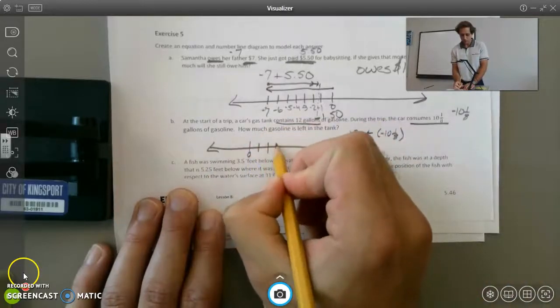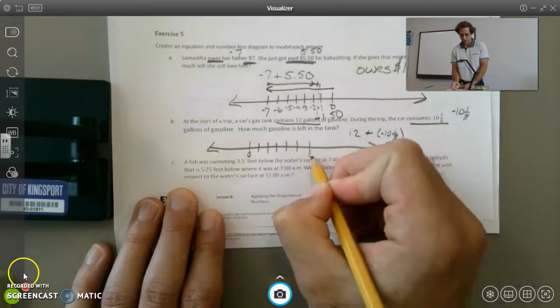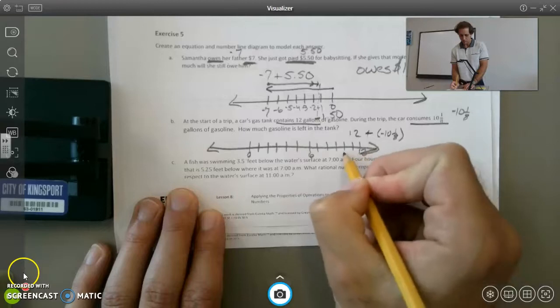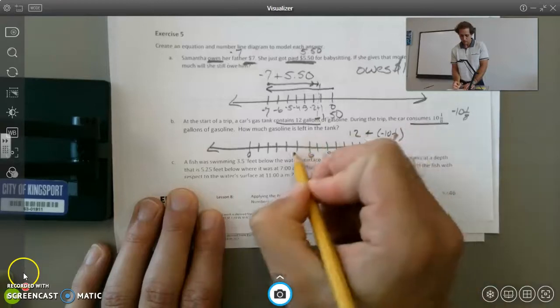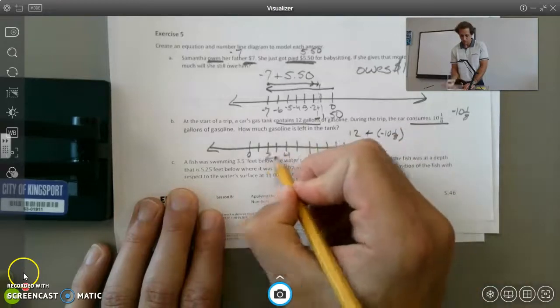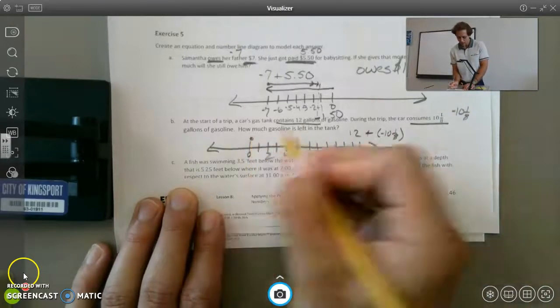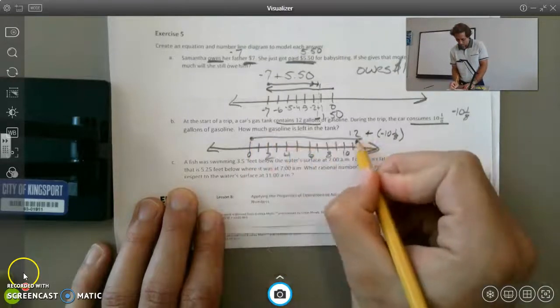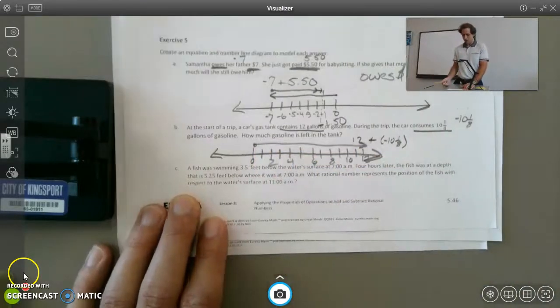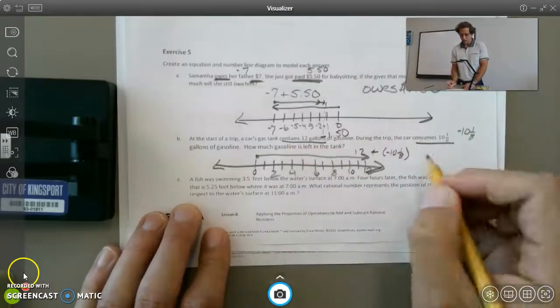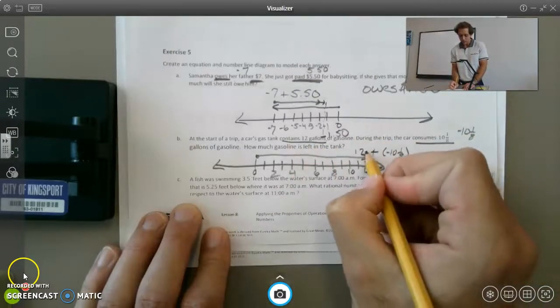Put 0 here. 1, 2, 3, 4, 5, 6, 7, 8, 9, 10, 11, 12. Okay. If I go 12 to the right, that represents the 12 gallons that were already contained in there already. And then I need to go 10 and 1/8